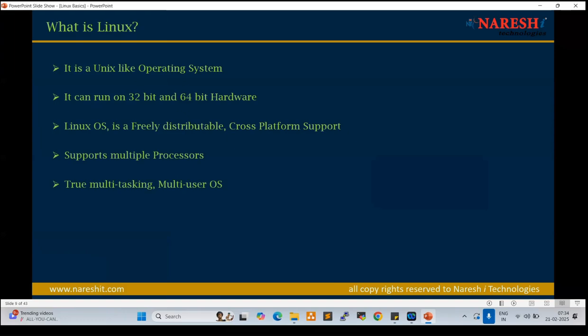So once testing is completed, as a DevOps engineer, what will we do? We deploy, right? While deploying the code, developers log into the servers, testers log into the servers, DevOps engineers also log into the servers. So multiple users can log into the servers and perform multiple tasks at a time, which is a true multitasking, multi-user operating system.